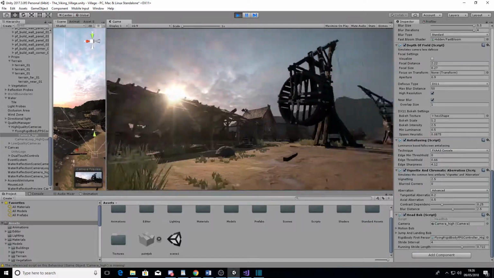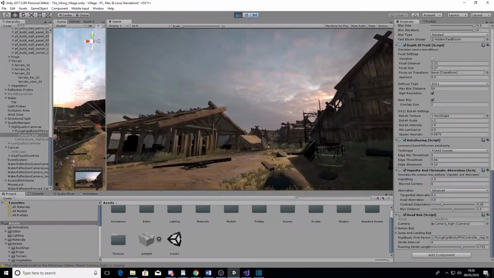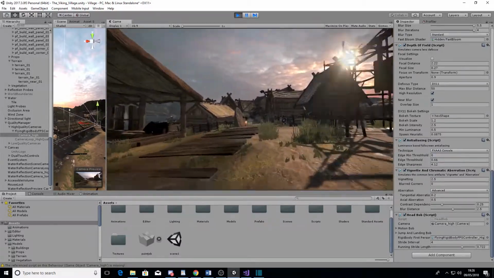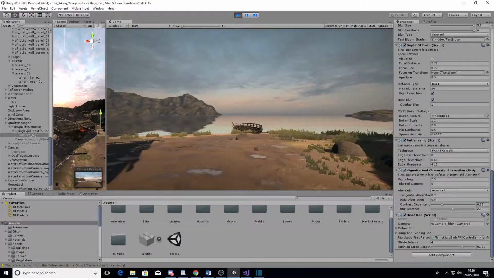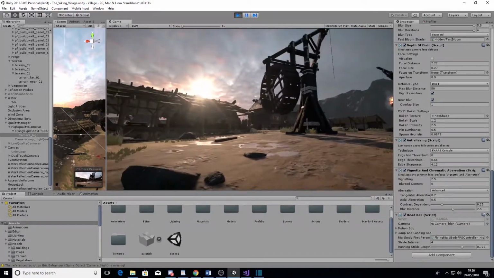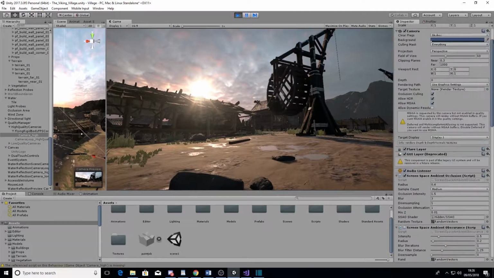So this is the Viking Village tech demo that Unity Technologies released on the Asset Store. You can download it for free and load it into Unity as a project. I'm really using it as just a background to create the post-processing effects and also to show some existing effects. So if you select the camera in this project and go into the inspector view, you see